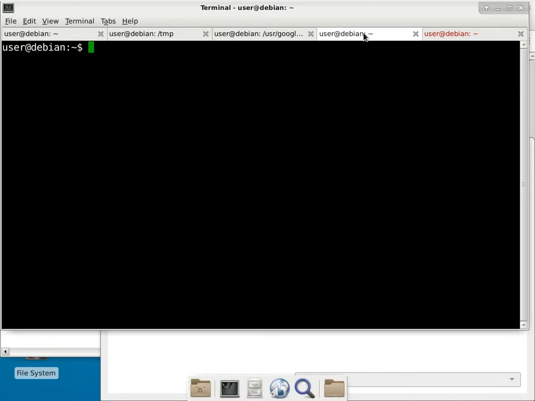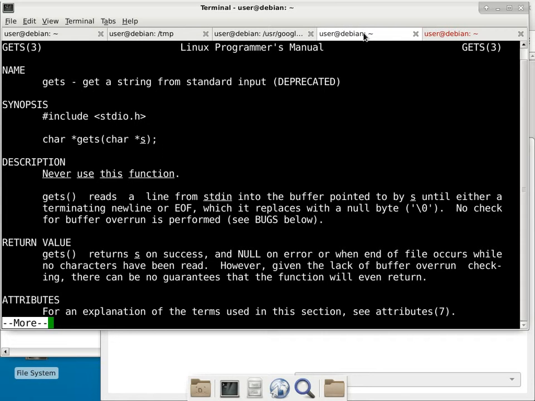The description. And one of those is called gets, or get string. And the man page is,